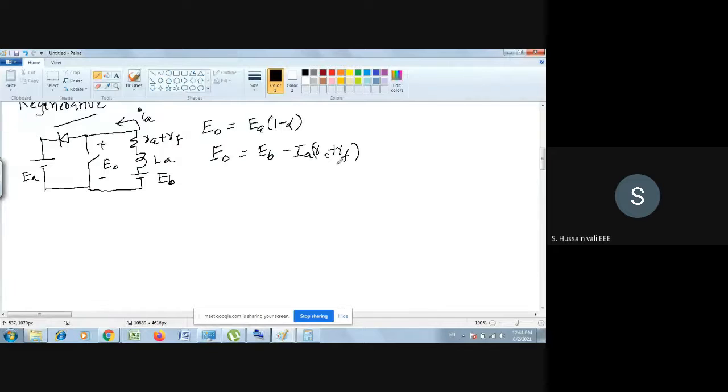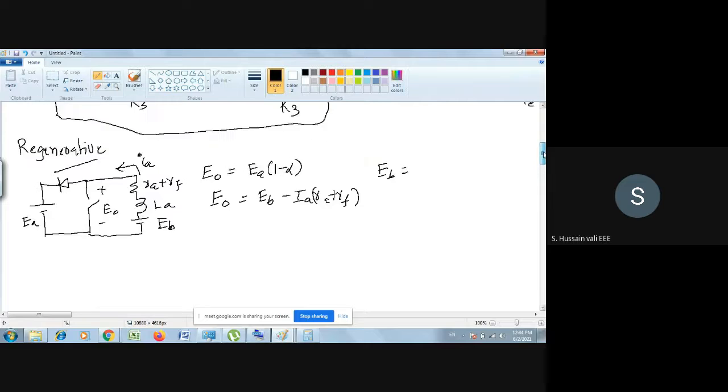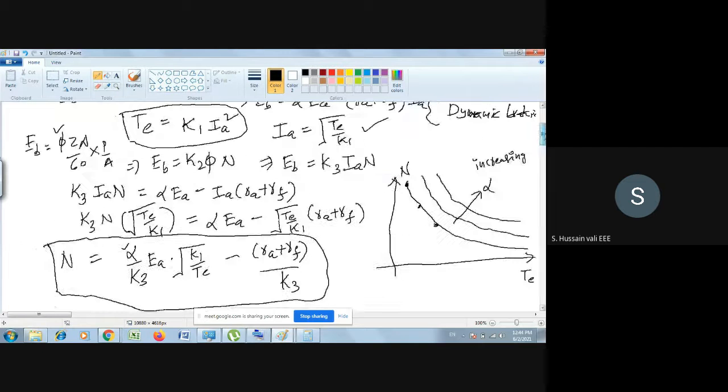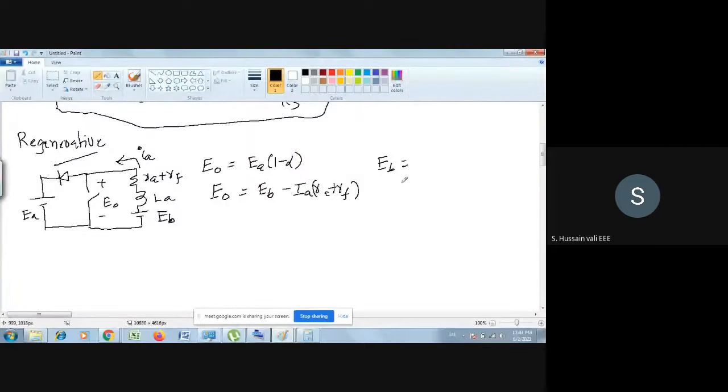Okay, and then what's next? What do you find for EV? EV we got in the last topic. EV is equal to K3 IA N. In the sense that IA becomes minus, so minus K3 IA N. Now the N value does not change because even when you apply brakes to your vehicle, the direction of the vehicle does not change, the wheel direction does not change. So N still remains positive. Only IA becomes negative.